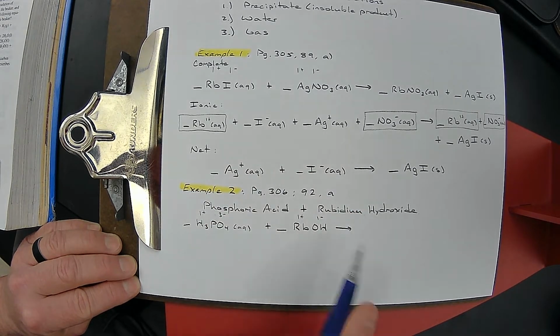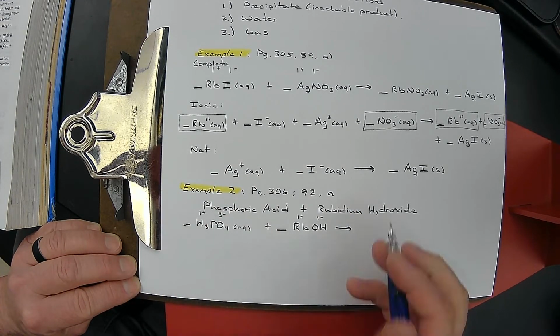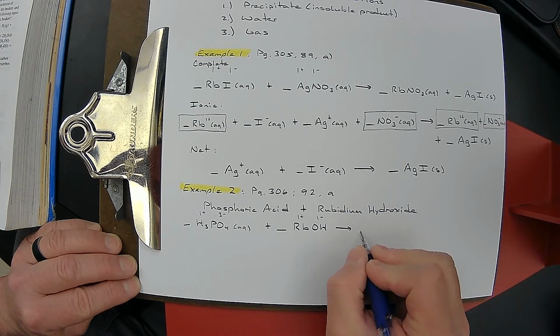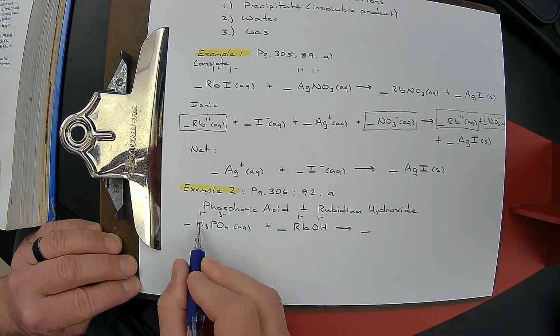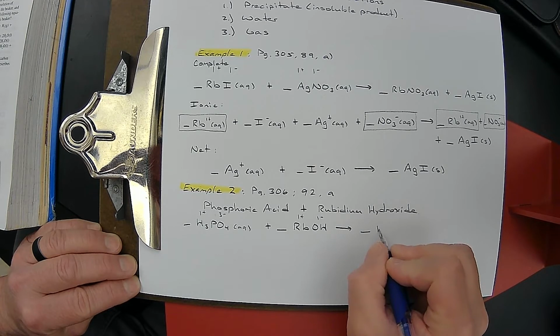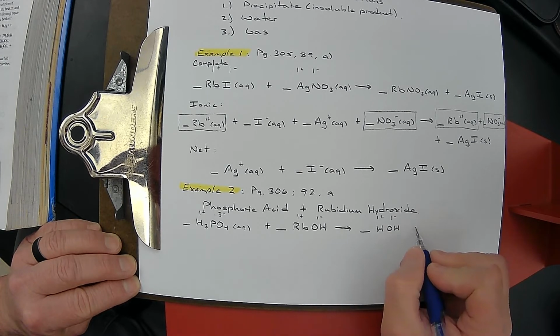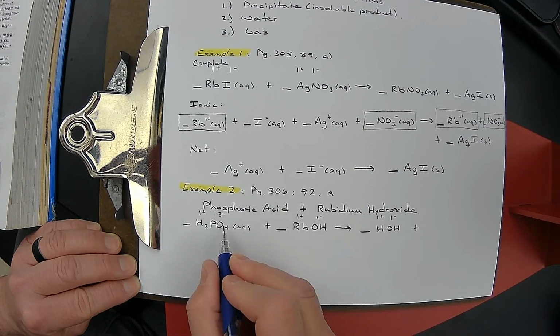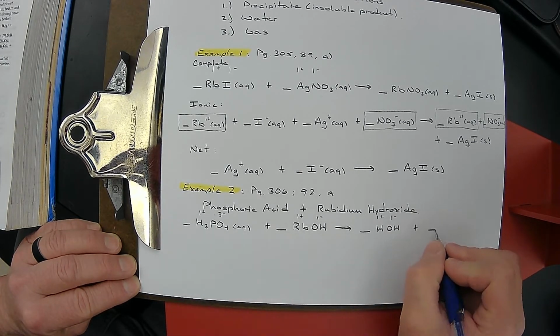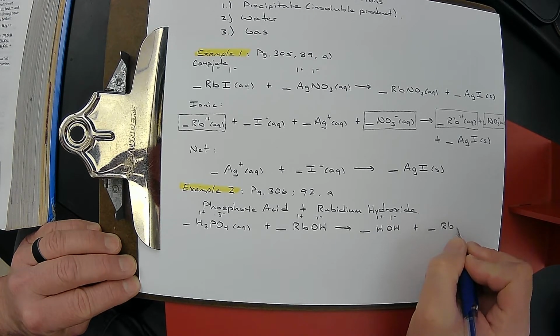So the plus goes with the minus and the plus goes with the minus. We can write this either way, but we have H with the OH, the 1 plus with the 1 minus. We can also write this as H2O. And we also have the 1 plus with the 3 minus. So when we write that, it has to be